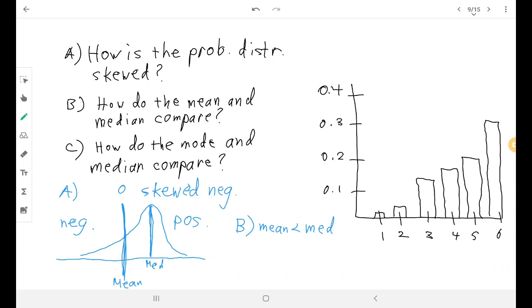The median's larger. You can see that. And then finally, how do we compare the mode and the median? The mode is the one that occurs most frequently, which is going to be that one right there, right? And the median is somewhere with that one, but the mode,